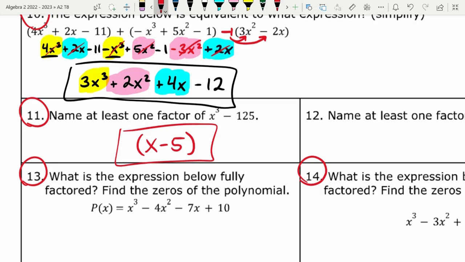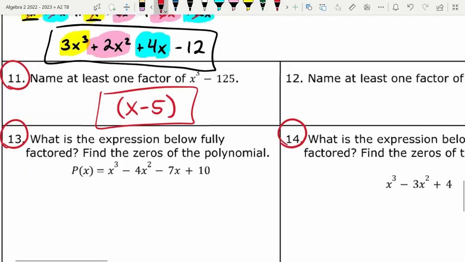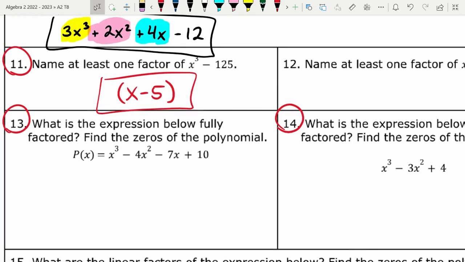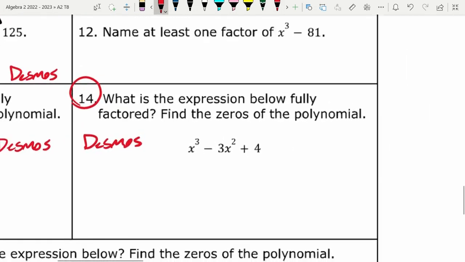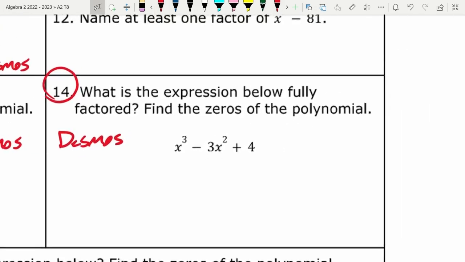There is another. We could divide this by x minus 5 to figure out what the other part of the equation is, but all we need is one factor for this problem. Number 13 and 14, however, we need all the factors, which is kind of like number 1 and number 2. It's kind of like the same idea. If we just type this in, so I'll put Desmos on all these. And I'll let you do number 13 on your own. For number 14, if we just type this in,